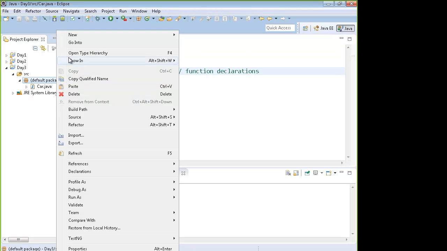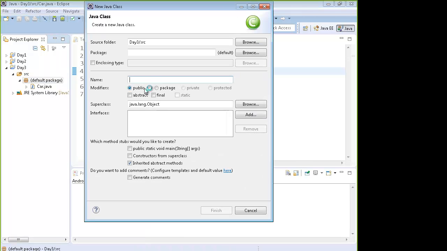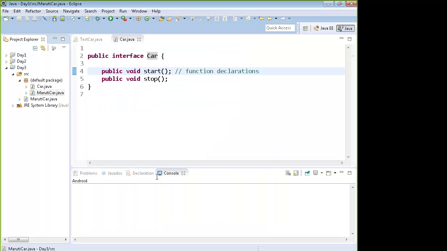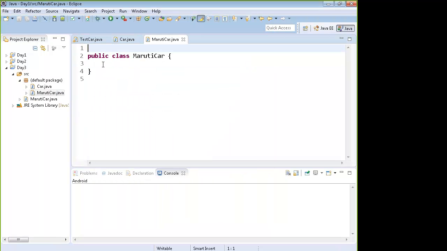Right. Suppose I make a new class over here known as, say, Maruti car. Then in Java, what we do is that we write public class Maruti car implements car. When you write implements car, what do you mean by that?